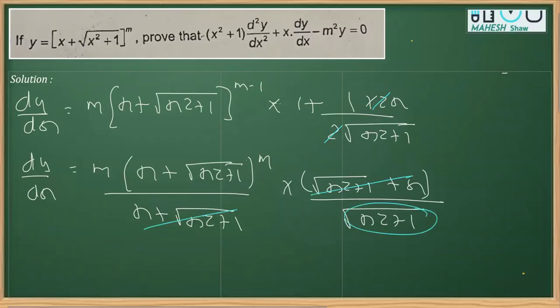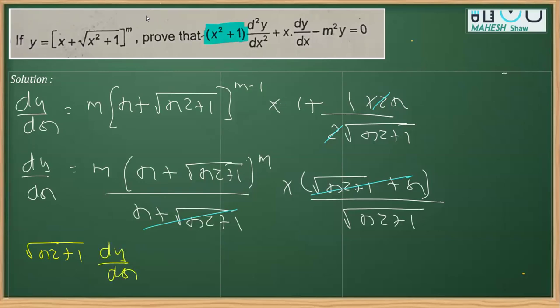Now, why am I thinking like that? Because I can see that we need this thing along with dy by dx. That's why I'm transposing this to the left-hand side. So if I do so, we'll get x square plus 1 times dy by dx is equal to